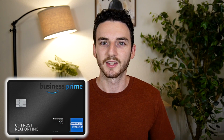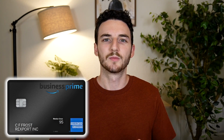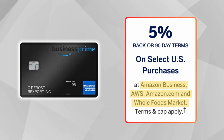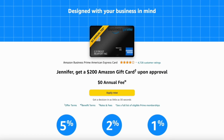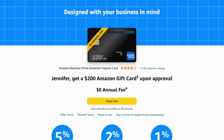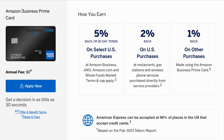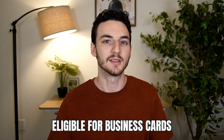The American Express Amazon Business Prime card should be on many people's radar. 5% cash back on Amazon purchases and a $100 to $200 Amazon gift card deposited directly into your account after approval are just two of the amazing benefits that come with this card. Yes, it is a business card, and we'll talk more about that later on how you may be eligible for